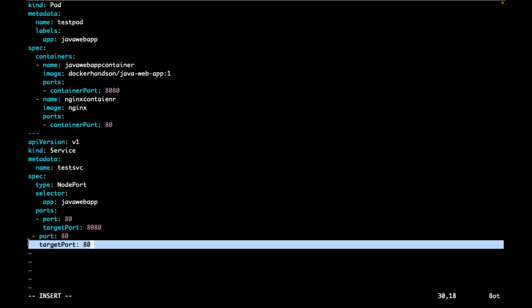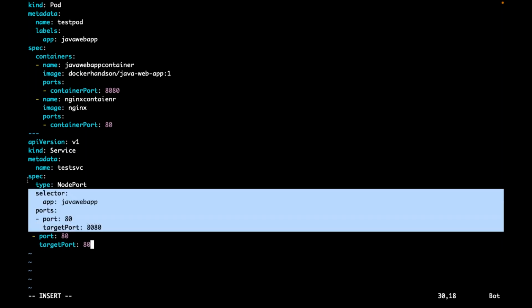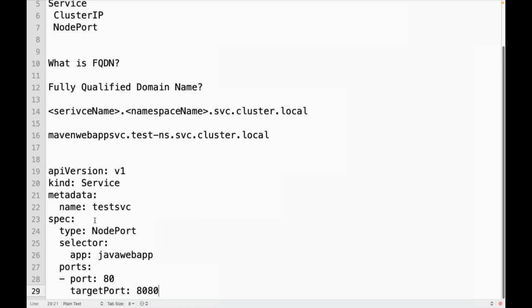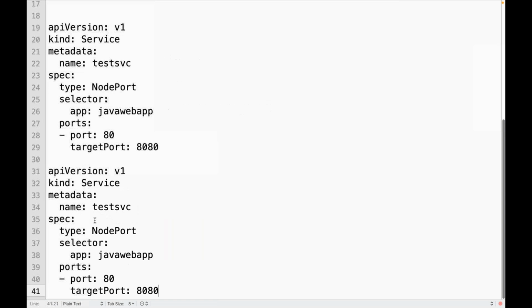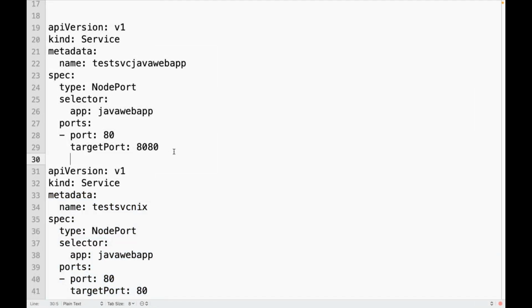Two different services point to the same pod. This one as a separate service, and another like this, with some unique name. Can I have something like this? Is this possible? This is a separate service with this mapping, and this is a separate service with this mapping. Is this possible?